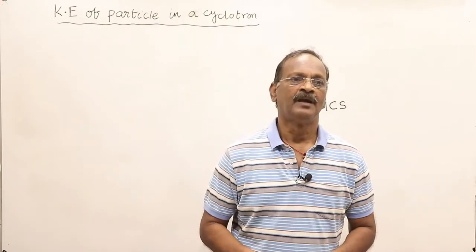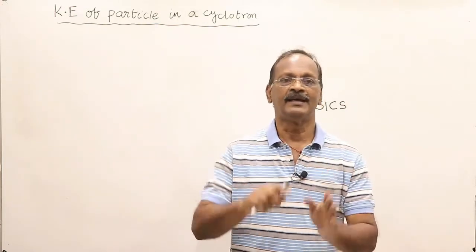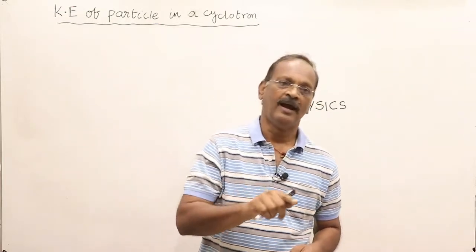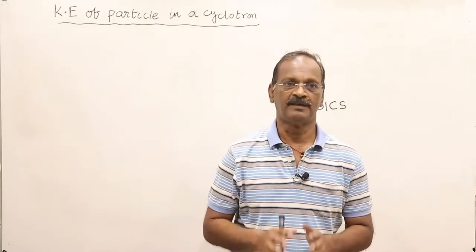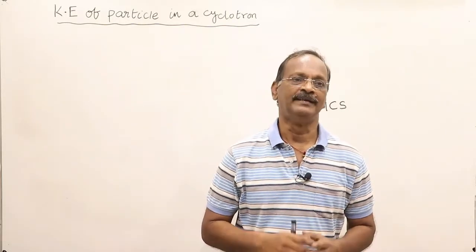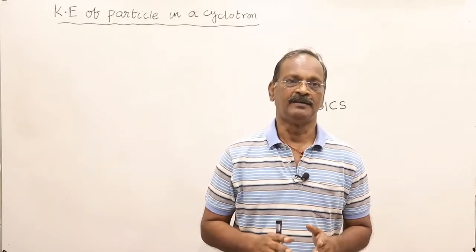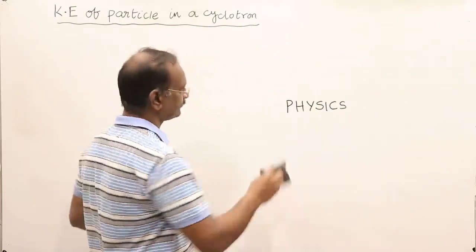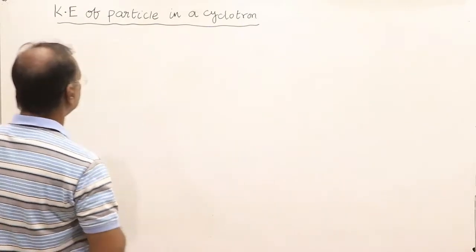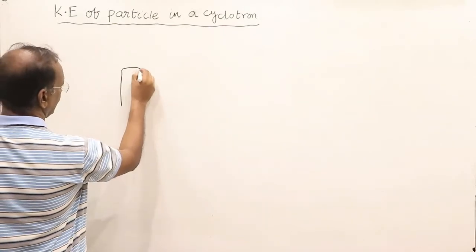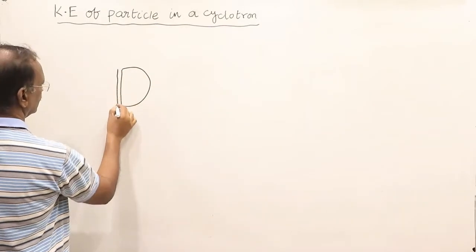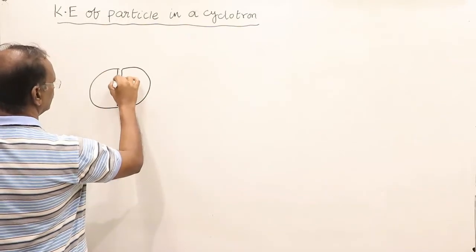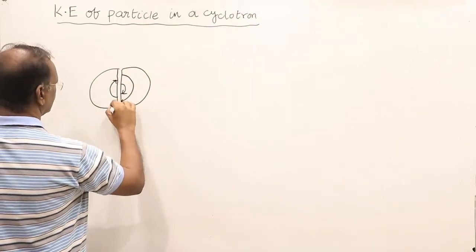In a cyclotron, a particle moves inside two Ds in a circular path. There are two Ds. In one D it will move in a circular path, and in the other D it will move in a circular path with a bigger radius. So to find the kinetic energy of a particle moving in a cyclotron, see, this is the D in the cyclotron, and one more D. First it will move like this, second one it will move with a bigger radius, third one, and the last one the